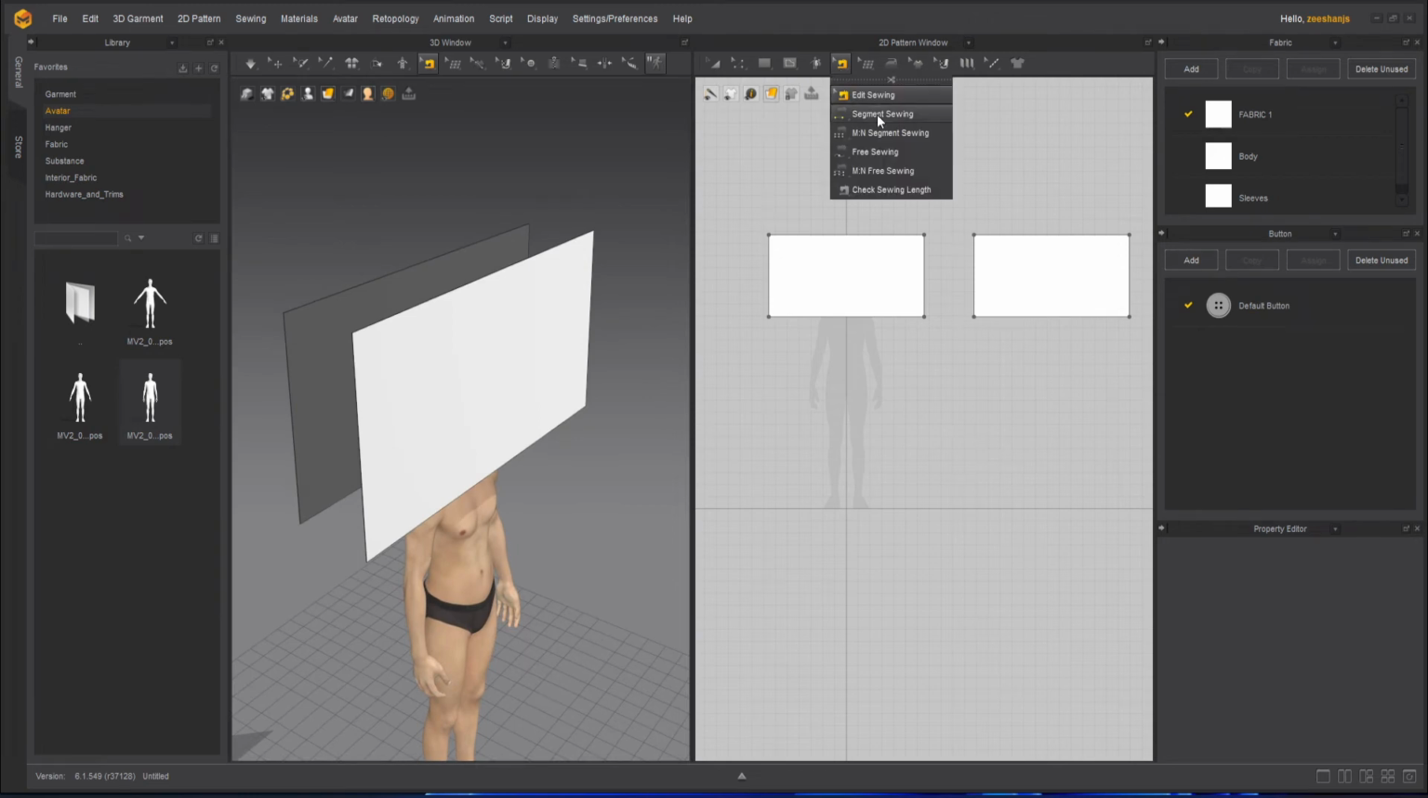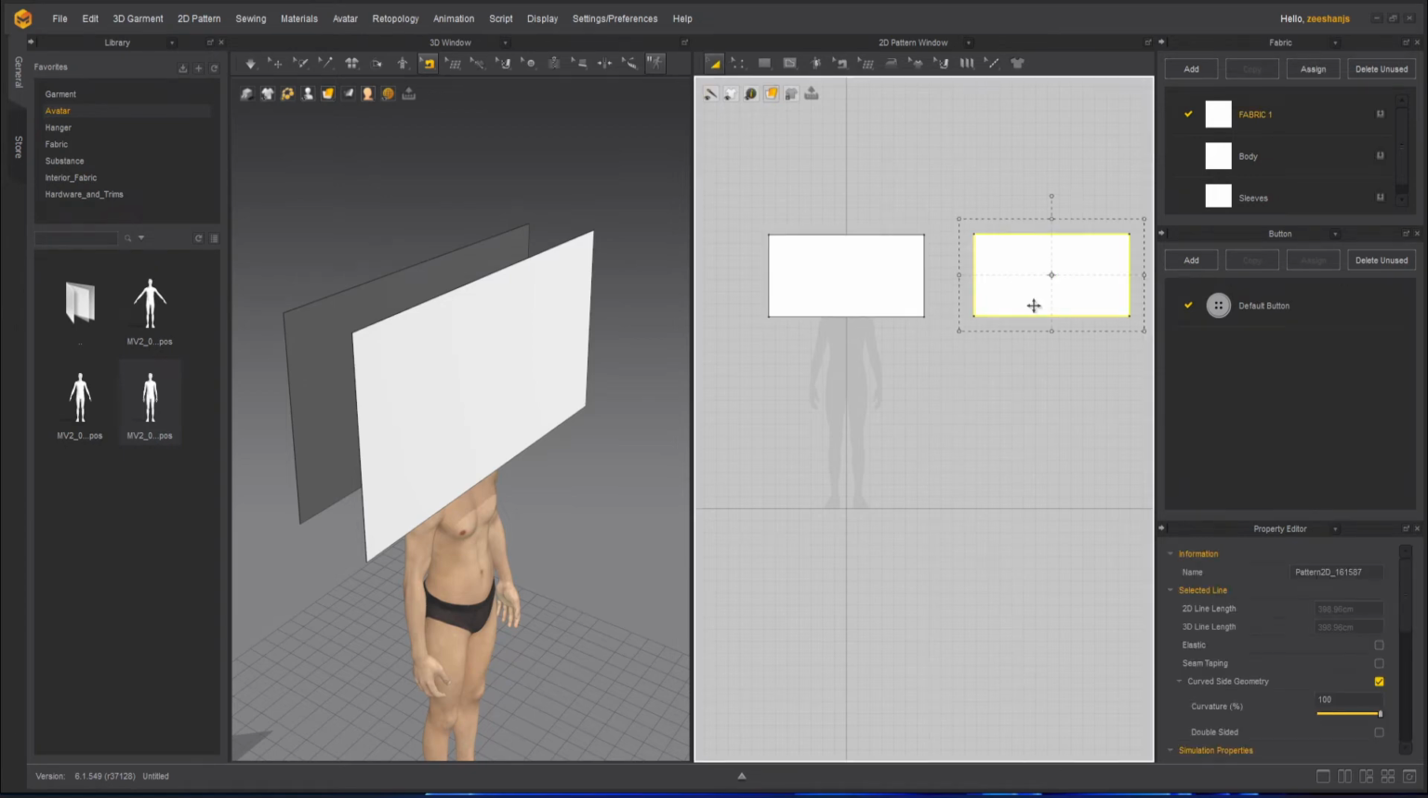Next, after segment sewing tool, we have MN segment sewing tool. Now, what is MN segment sewing tool? This actually works when you are going to attach something from a straight flat panel to something that is not straight or which is divided into different parts. For example, let's take this, put it here,